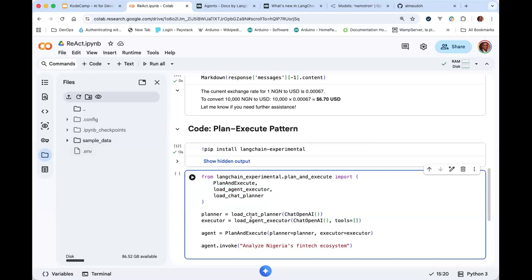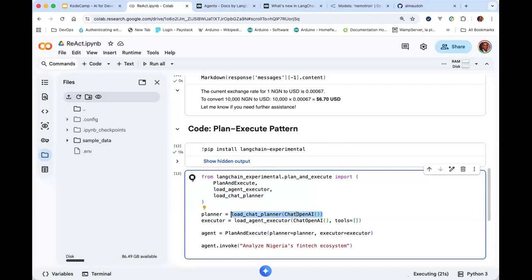And I'm going to give you some sample code of how that would look if we were writing it by ourselves from scratch, right? But this is a very simple way of doing it. Let's see how this works. So in this case, you import plan execute, which is basically an agent that has plan and execute implemented in it. Then it has the load chat planner function that allows you to